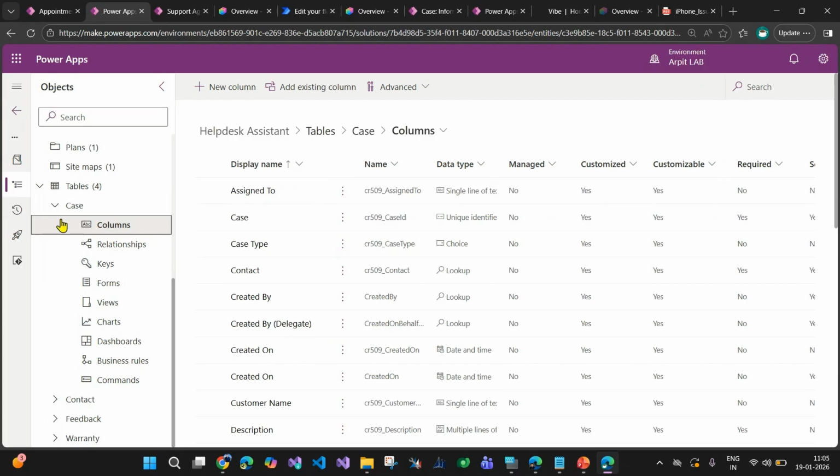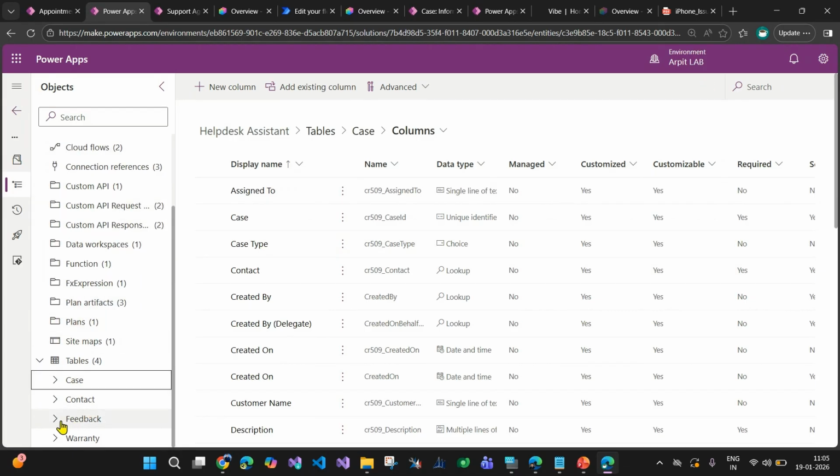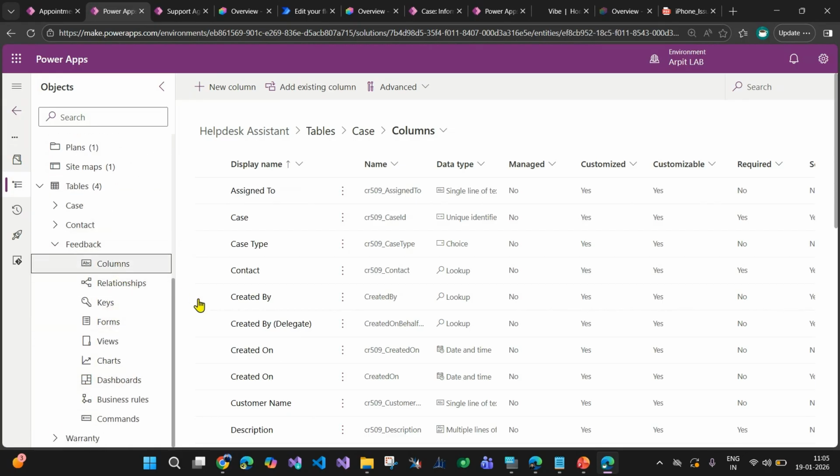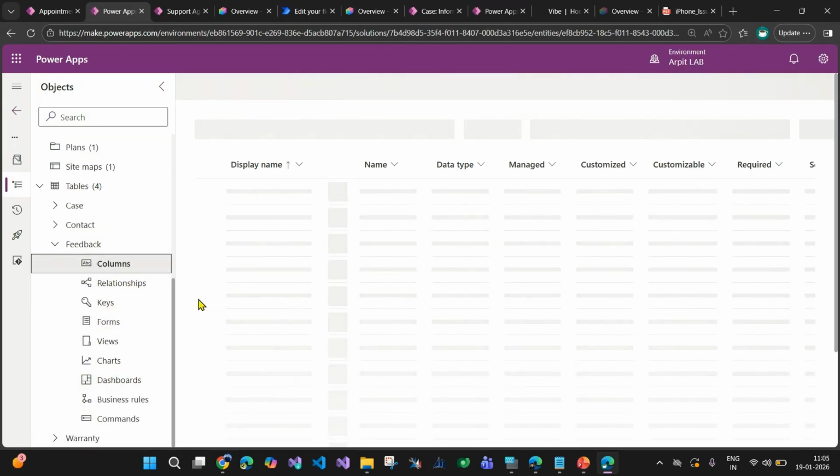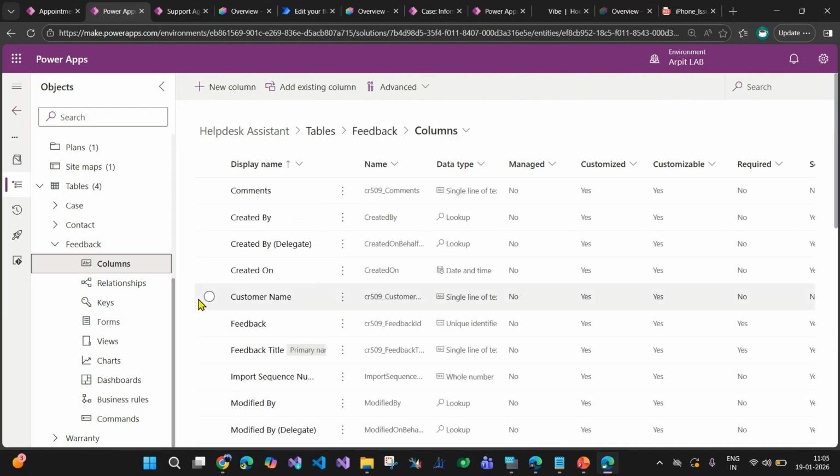So let me first talk to you about the prompt column. The prompt column is basically based on the information that you already have on your record. It generates an AI summary for that. Okay, so I'm taking the example of